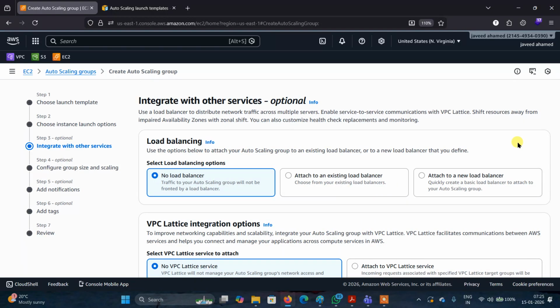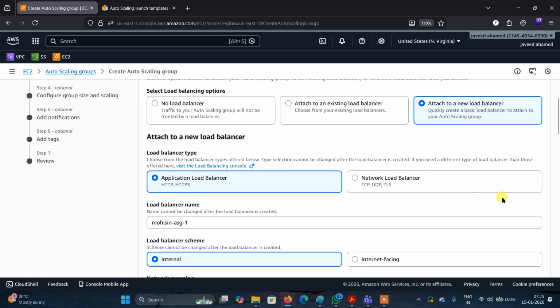Here, there are multiple options. Whenever you create an auto scaling group, whether you want to create the auto scaling group with a load balancer, we can integrate the load balancer with the auto scaling. Okay. Whether we want to create an auto scaling group without a load balancer, or with a load balancer. Okay. Here, if you have an already existing load balancer, we can select the existing load balancer. I don't have a load balancer because yesterday's load balancer was deleted. Now I just select attach a new load balancer. Click on attach a new load balancer.